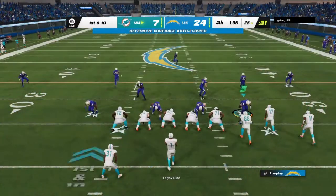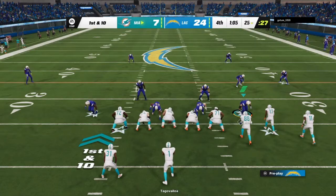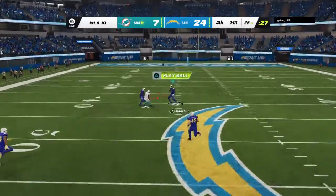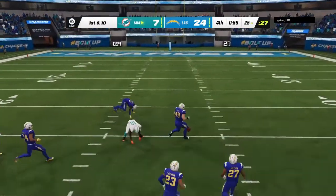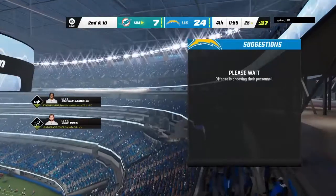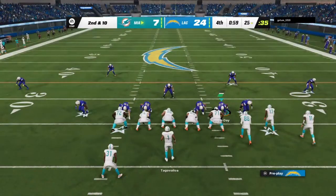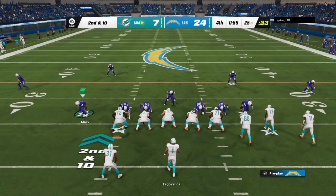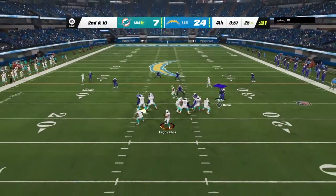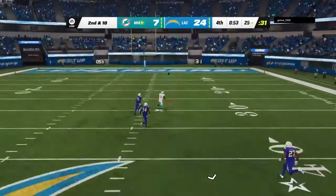The Dolphins at the line, ready for their next drive. Where we stand right now in the 4th quarter, this one pretty much out of reach. And, Charles, I know they're going to be disappointed about several things with this ball game, but the self-inflicted wounds, they've had several turnovers. You would have to think that's going to be something they're going to discuss heavily in the film session in the coming days. You're absolutely right about that, partner, because they're going to have to sit in that film room and watch every error that they made and figure out how to not do it in the future. And mentally, I think a lot of the guys are already...